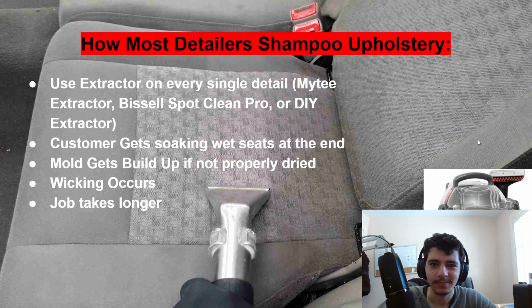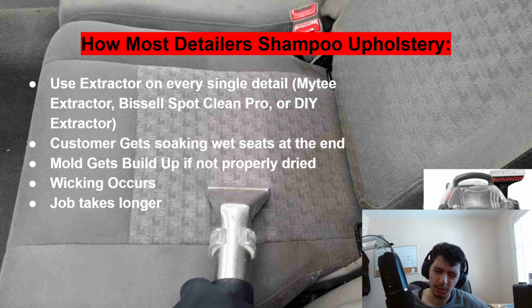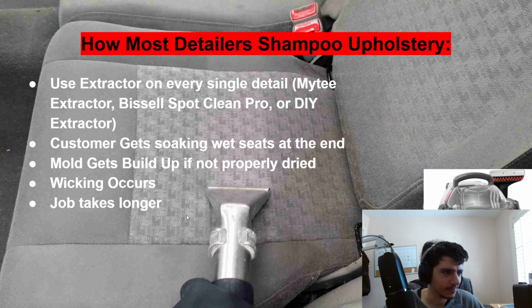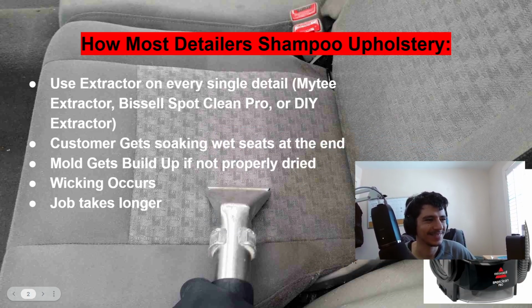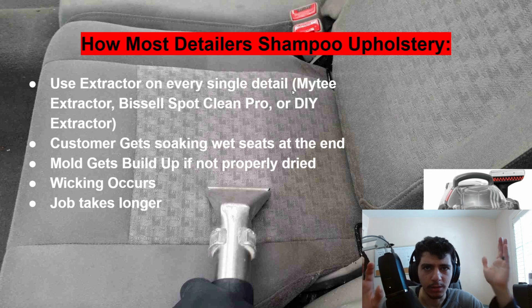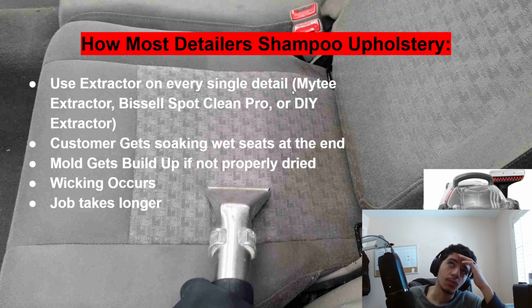So, let's get started. First and foremost, you guys gotta understand how most detailers shampoo upholstery and how the usual process works. Most detailers use an extractor. Extractors could be things like a Bissell Spot Clean Pro, which you can actually see underneath my face, so it's right here. Or a Mighty Extractor, by the way, which is a $1,000 extractor, or their own homemade DIY extractor. Most detailers use an extractor on every single job that uses the word shampooing, which, in my opinion,